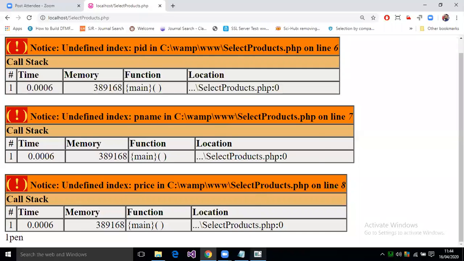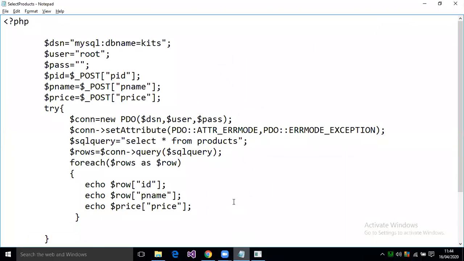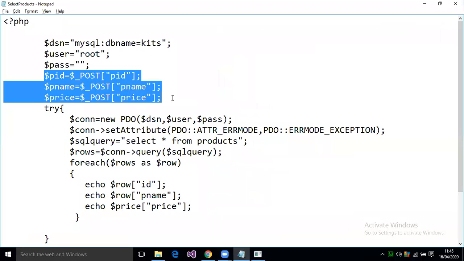Undefined PID. Why? Because here the column name was ID, but I'm using it like PID. So definitely it will give an error. It is selected as ID. Yes, these are the errors.